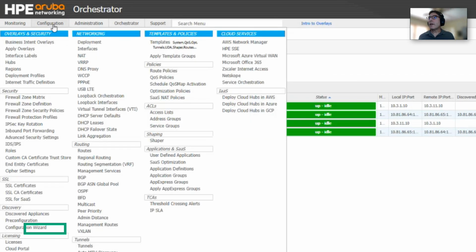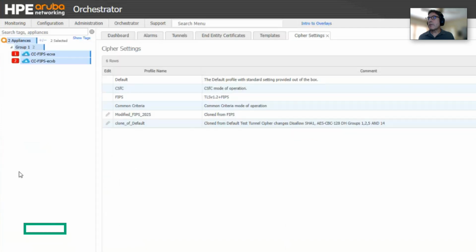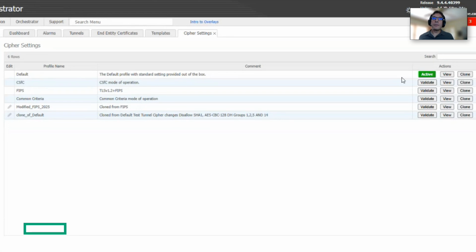What we'll do is we'll navigate to configuration. You'll see what's new. So this end entity certificates came in 9.4.2. The cipher settings came in 9.4.4. I click on that, and you see my default, CSFC, FIPS, Common Criteria, and a couple of ones that we've cloned and modified. So what can I do from here? I can go to View,